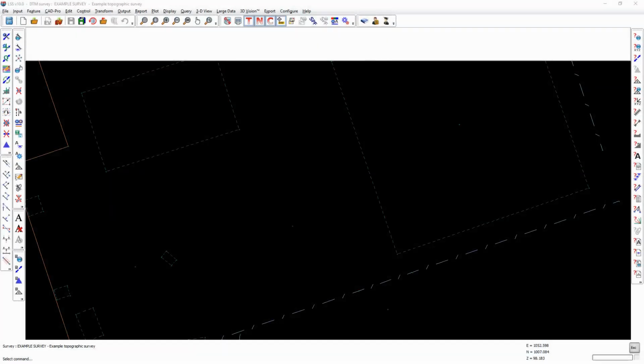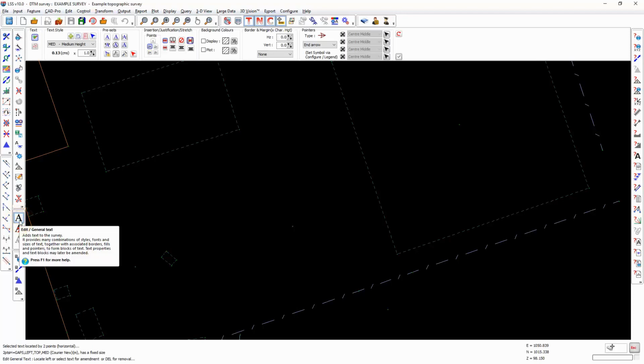The command which has undergone the most radical overhaul in LSS version 10 is Edit General Text. The purpose behind this rewrite is to make the command not only easier to use by existing and new users, but to also make it very much more efficient. Having entered the command, we are immediately in the Add New Text option, which means that we can select where